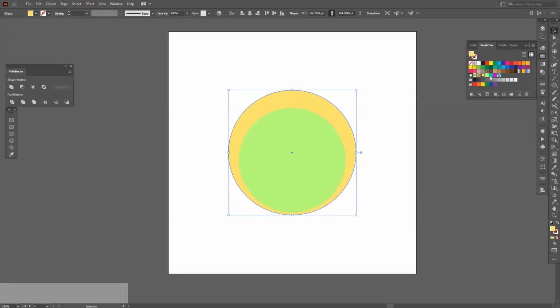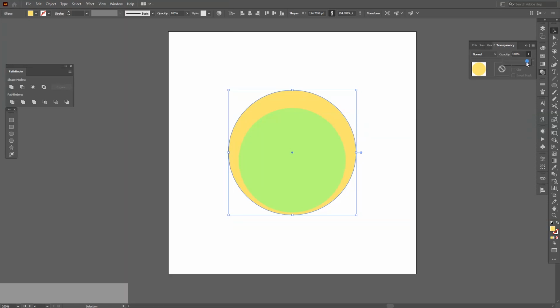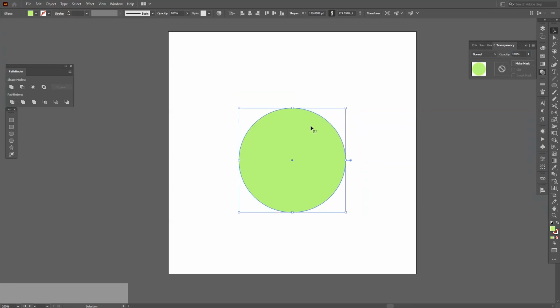Also, I'm gonna scale down the opacity of this, so I'm gonna go here to the transparency. If you don't have the transparency, go to Window and select Transparency, which is located right here, and just bring down the opacity to 0. Okay. Now go back to the circle, press again Ctrl C, Ctrl F, scale it down a little,